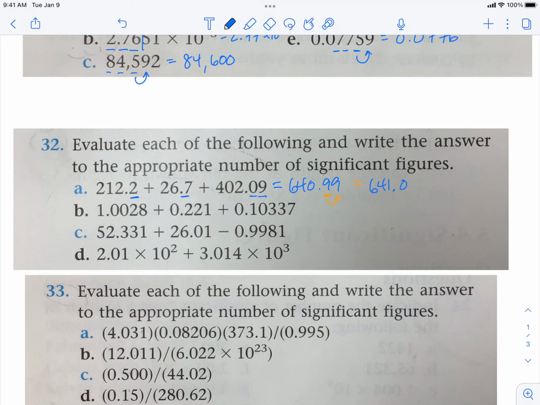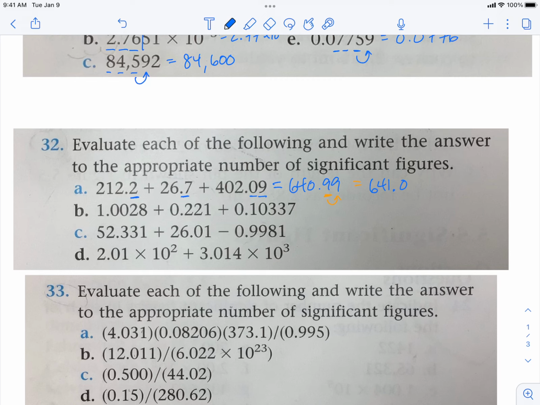641.0. All right. Now, you weren't asked to then identify how many significant figures are in this value. Just round according to the significant figure rule. All right. For our next one,